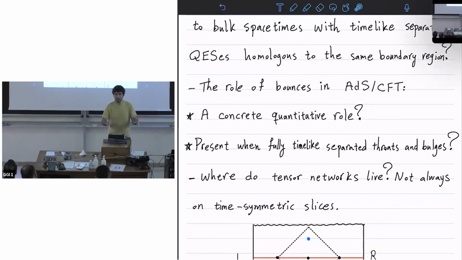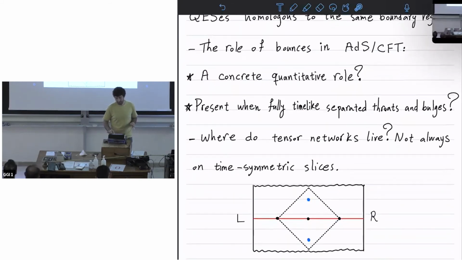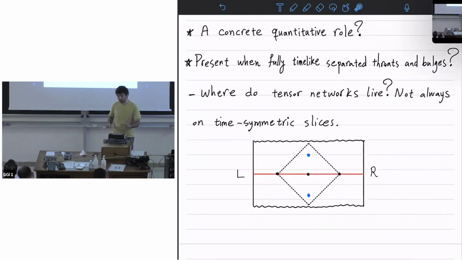So making contact with new quantum extremal surfaces, that's the thing. One question related to this, and obviously more related to time-like separation, I would like to understand if fully time-like separated throats or bulges always come with a bounce, if this connection is general. And lastly, I'm just going to leave you with, so I started this with motivating, we don't know where